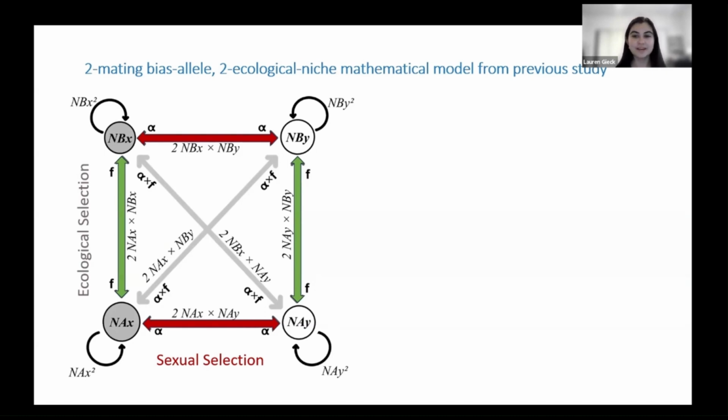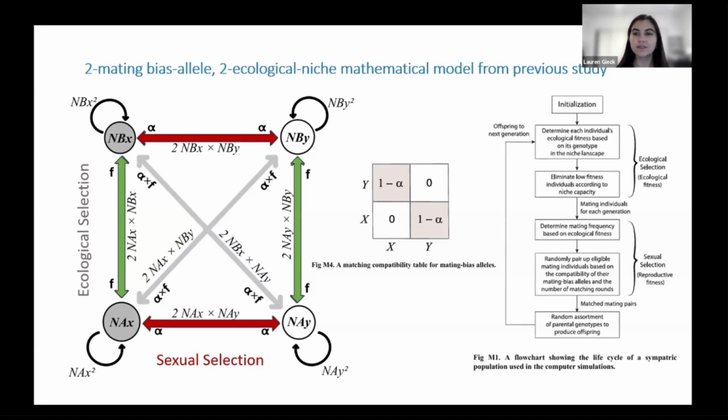Some important things to note here, just some variables that are going to continue to come up. The variable alpha here changes mating biases and affects pre-mating reproductive isolation between ecotypes, whereas variable F changes hybrid viability and post-mating reproductive isolation. So in this last diagram, figure M1 at the bottom shows the life cycle of a sympatric population used in our computer simulations. So in each generation, individuals in the population undergo ecological selection and then sexual selection to produce offspring